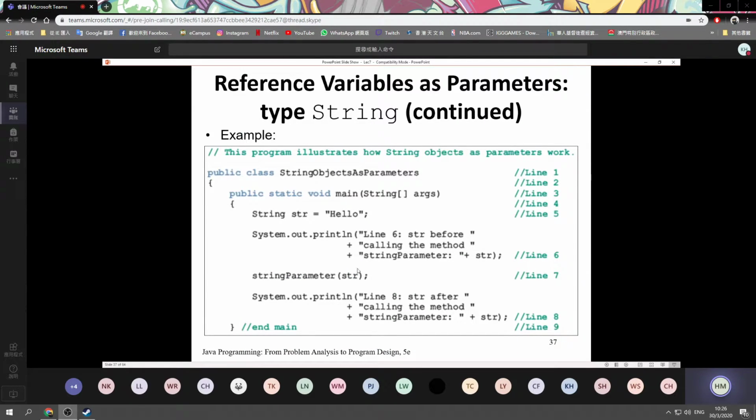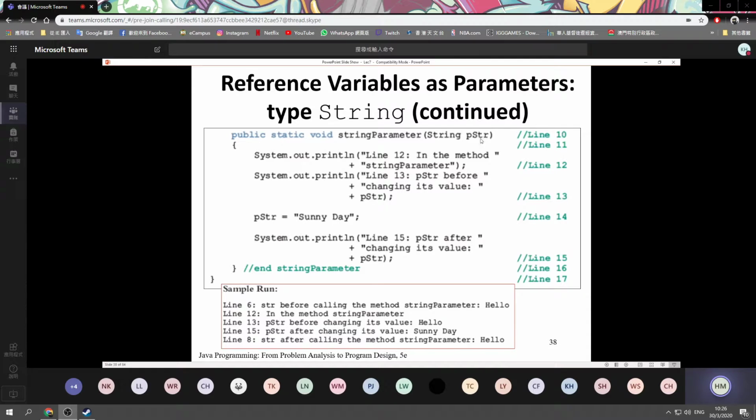Suppose hello is created at some place, and the address, the reference, is 1000. Now this S3 is storing 1000. If this is an actual parameter, we give 1000 to it. When you call this method, this 1000 will be copied to P3. Okay, so P3 is also a reference variable, also storing 1000. So they are pointing to the same object because they